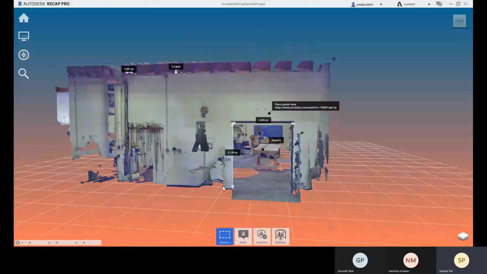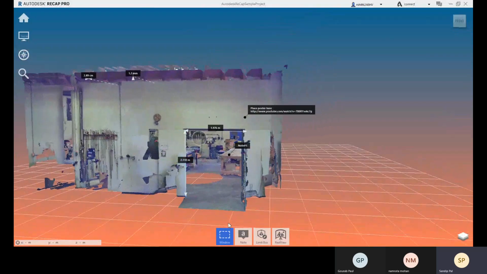And suppose you need to check any angle there, you can check your angle with this 3D point. This option is there.